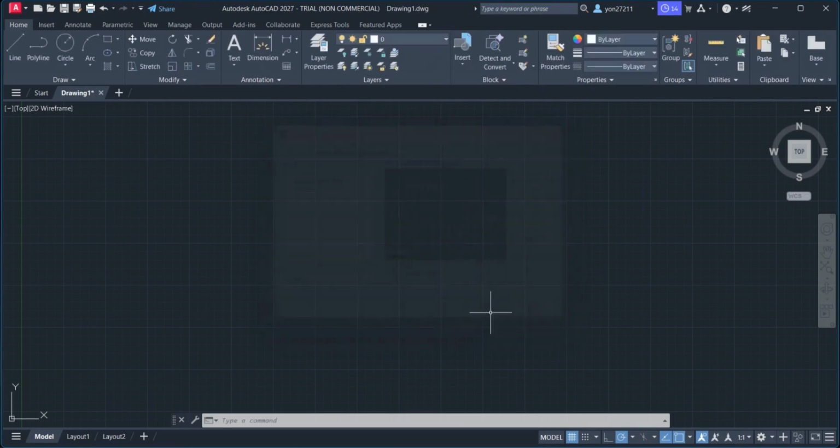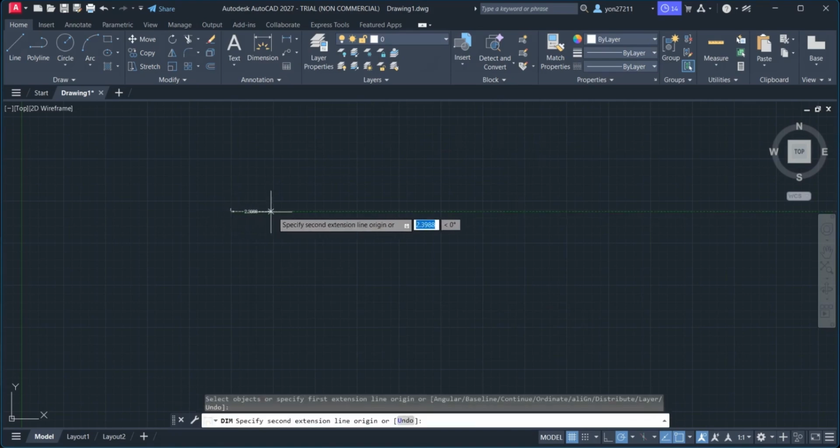Now you have successfully created your own dimension style, and you can use it in your drawings to make them